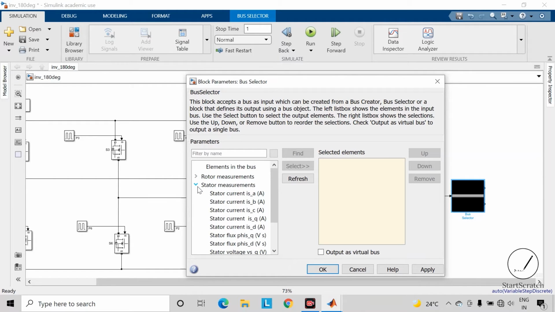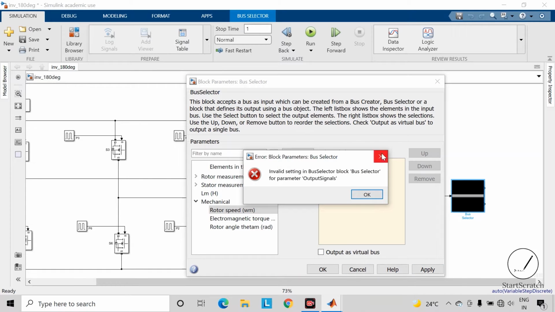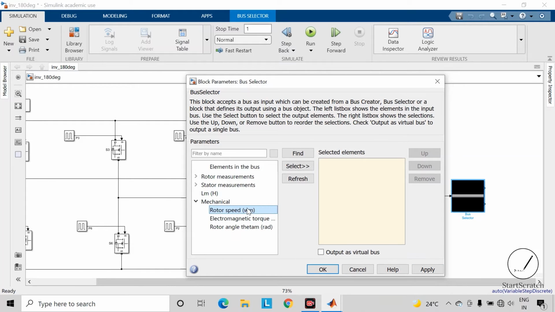Then in this stator measurements, you can get stator current for phase A, phase B and phase C. And in this mechanical parameters, you can measure rotor speed, electromagnetic torque and rotor angle. So here we will be measuring rotor speed. So we need to select this, then click on apply and OK.